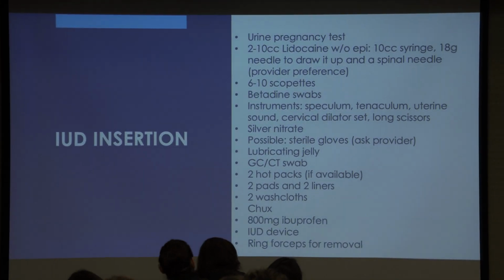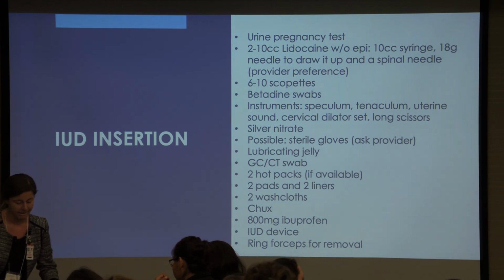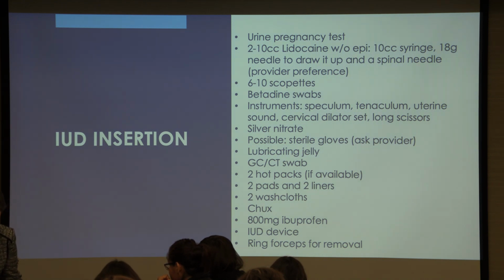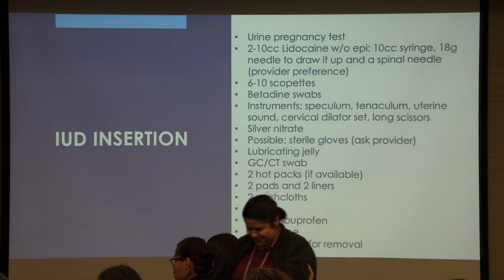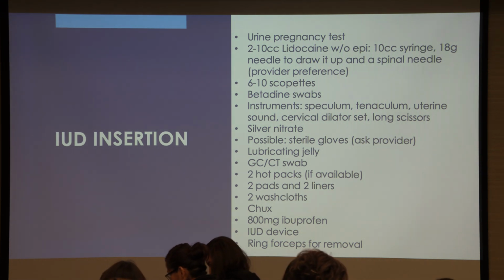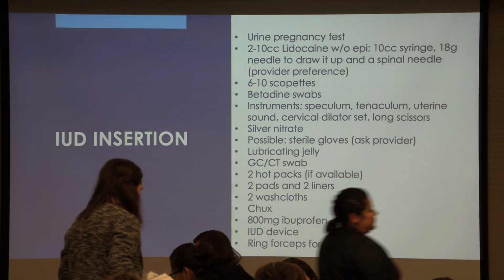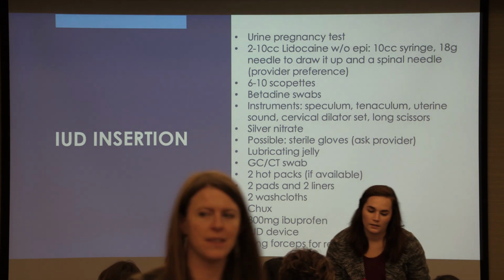Will we get a copy? Yes, thank you so much. I do have these for you guys to take with you today. So, yeah, that is a lot. So please pass these around. These are for you guys to take with you today, please. Let me know if there's more copies needed. But please take them home with you. Thank you so much. All right. Well, as we're getting these passed around,